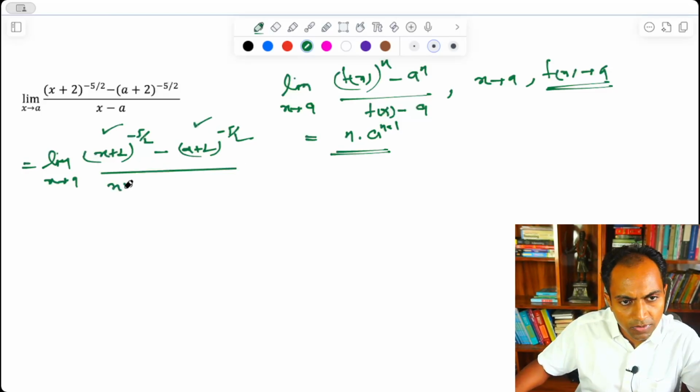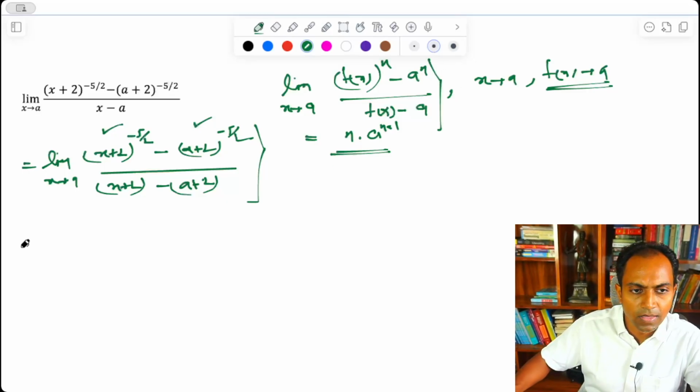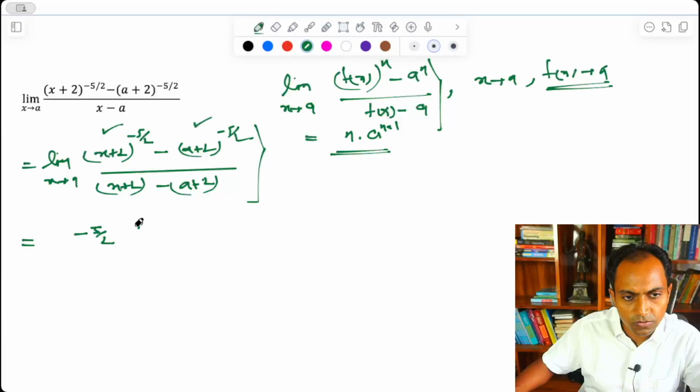And in the denominator, if I just add 2 and subtract 2, I will get this similar kind of expression like this. And then we can apply my formula as n, that is minus 5 by 2, (a plus 2) raised to the power minus 5 by 2 minus 1. So my answer becomes minus 5 by 2 (a plus 2) raised to the power minus